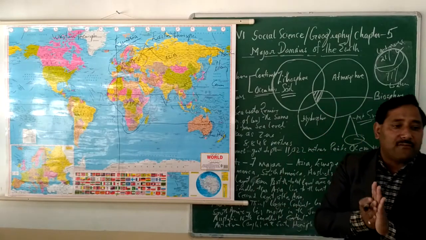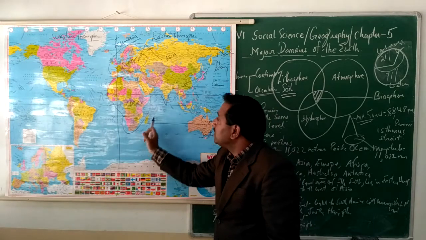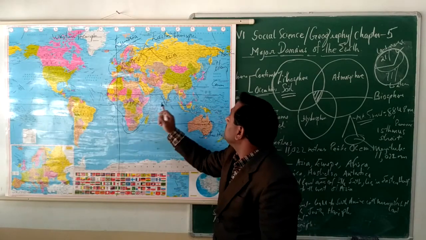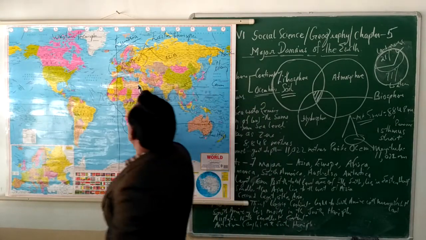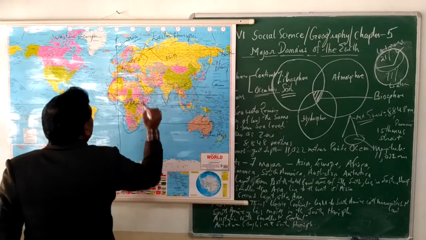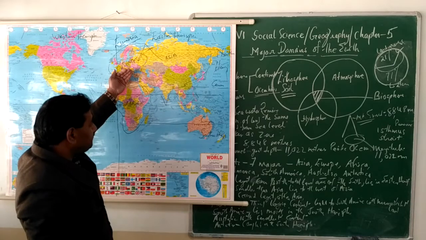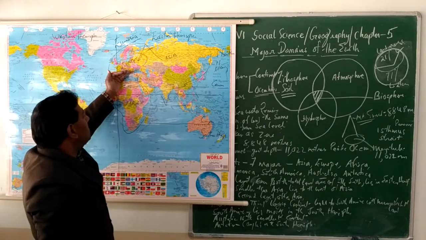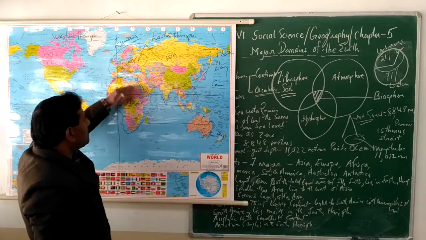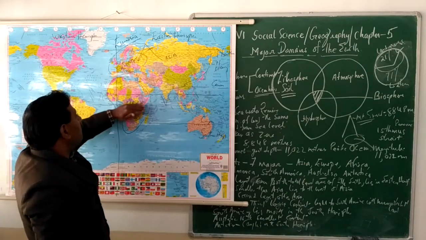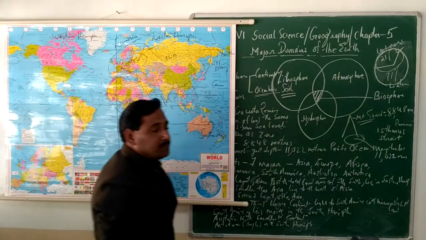So a large part of Africa lies in the northern hemisphere. If you see, the large part of Africa lies above the equator, on the northern hemisphere. I discussed that the upper part of the equator is your northern hemisphere, and below the equator is your southern hemisphere. So the larger part of Africa lies on the northern hemisphere, and